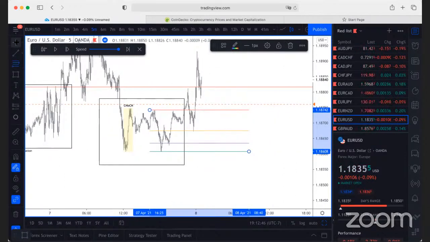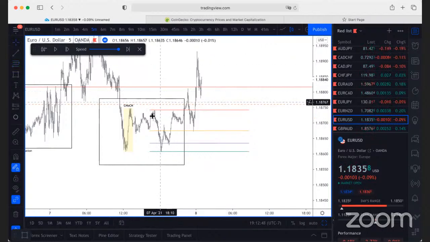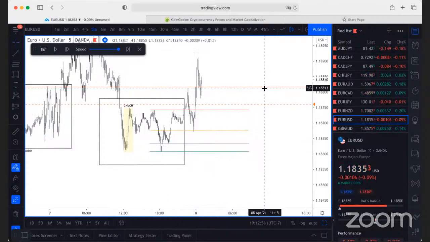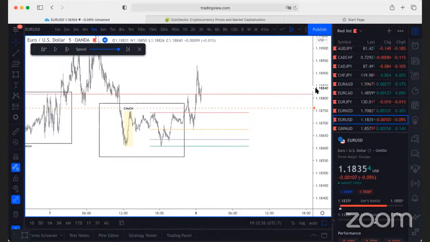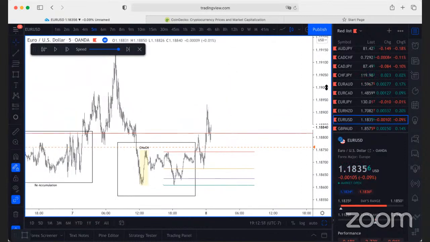And looky there, 50% was already tapped into, but we haven't mitigated out of 80% yet. So here's how we could play this. Let's say